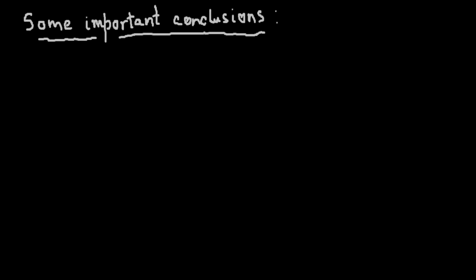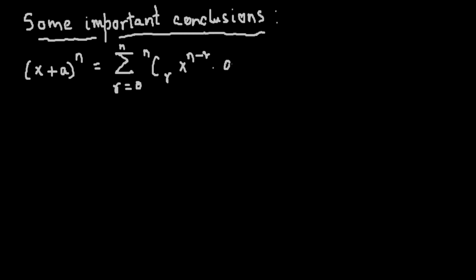Okay, so the first thing that we have to understand is, let me rewrite it quickly. x plus a raised to the power n equals summation r goes from 0 to n, nCr x raised to the power n minus r times a raised to the power r. So the first thing that we are going to see here is that r, as you have seen, goes from 0 to n. So the first conclusion that we get